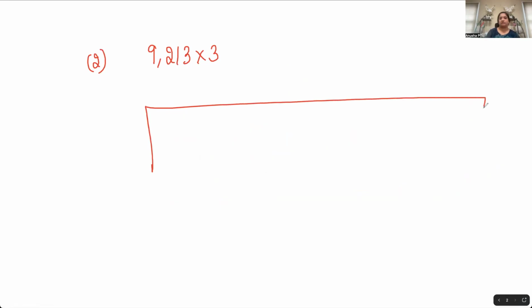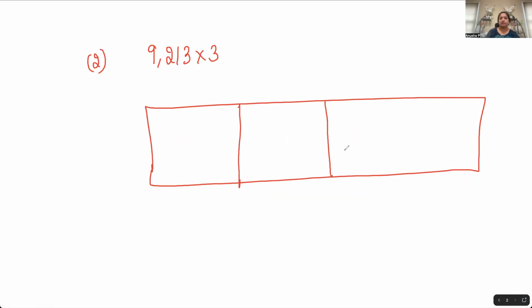Coming to the second example, 9213 times 3. Because we have a four digit number, we are making four boxes. We are multiplying it by 3. 9213 we can write as 9000, 200, 10 plus 3, which is 13. So 9000 times 3 is